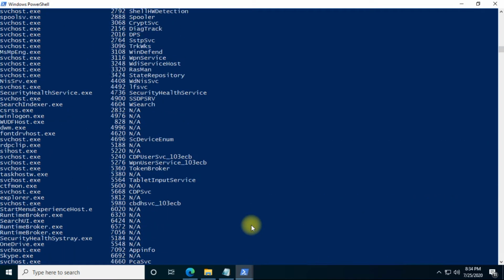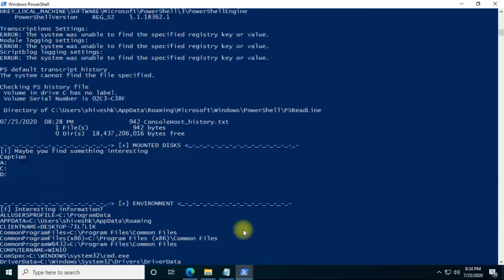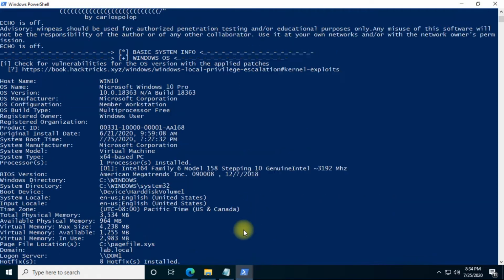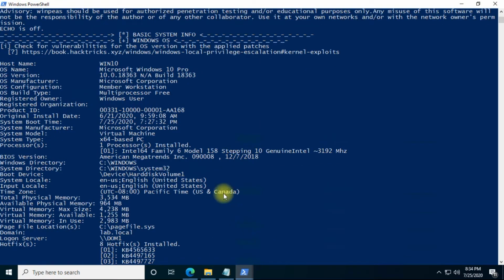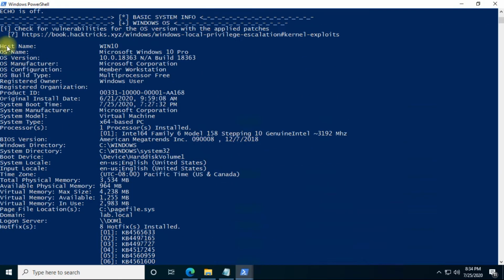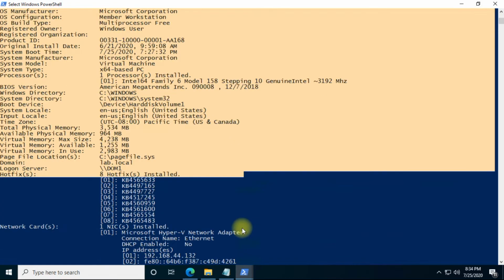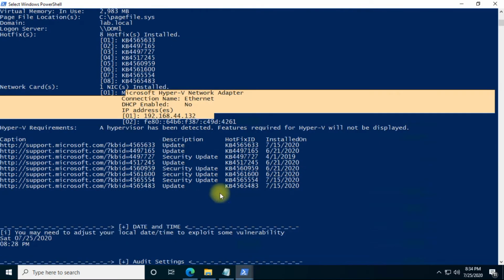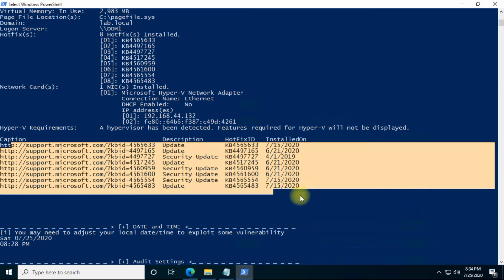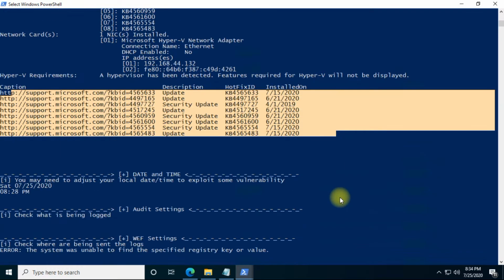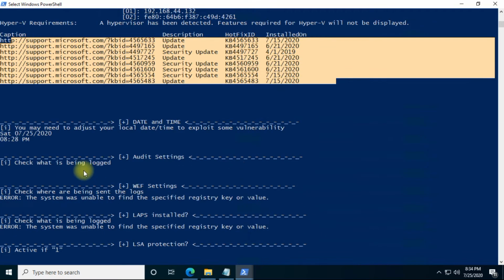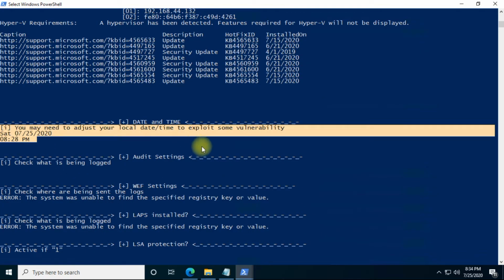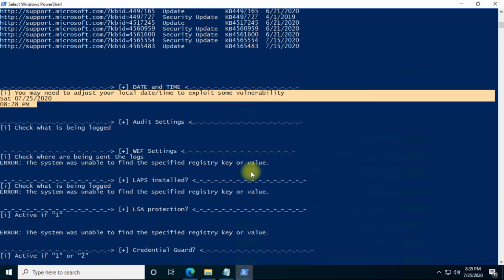What hotfixes are present on it, what network cards we have, and what patches are present on the system, we get it this way. We get the time also: the current time, the time zone, and what exact time is running on the system. Audit settings we can check over here, nothing is related to that.